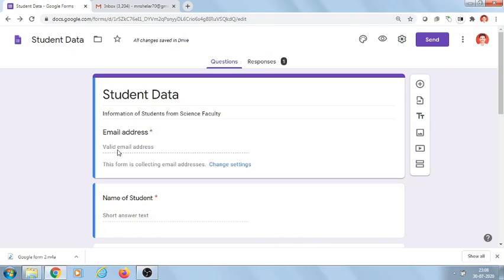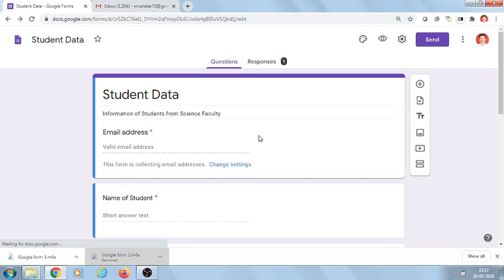Means here automatically the email address will also be collected from the user while accepting responses through this Google form. This is how to send or share a Google form link with different users.